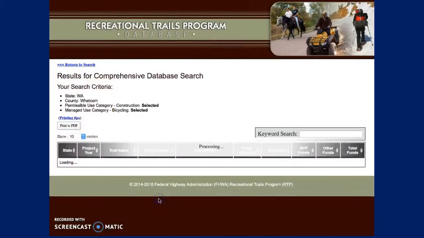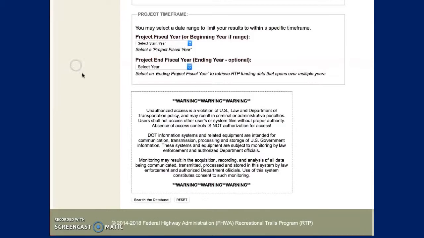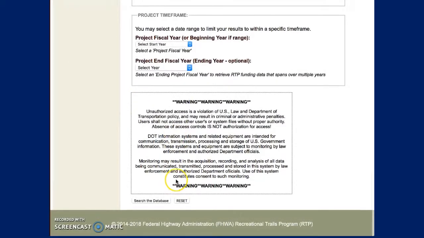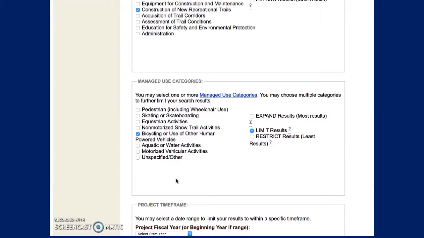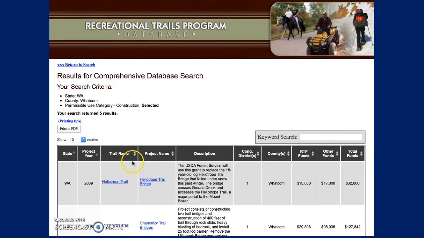With those search results, we can hit at the bottom and we see, well, in this case we have 0 results returned. So I was too restrictive on my choices. So maybe I can remove the bicycling trails and try the search again, and then I find 5 results in